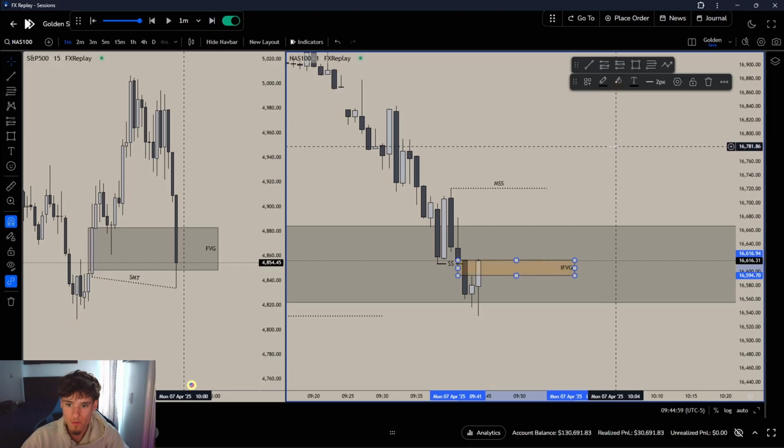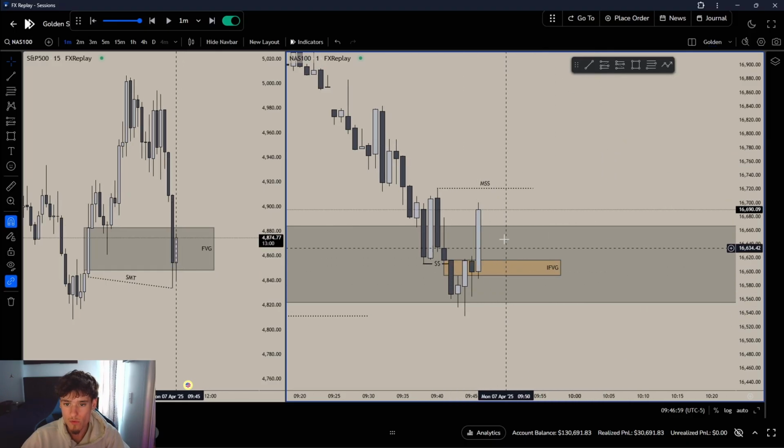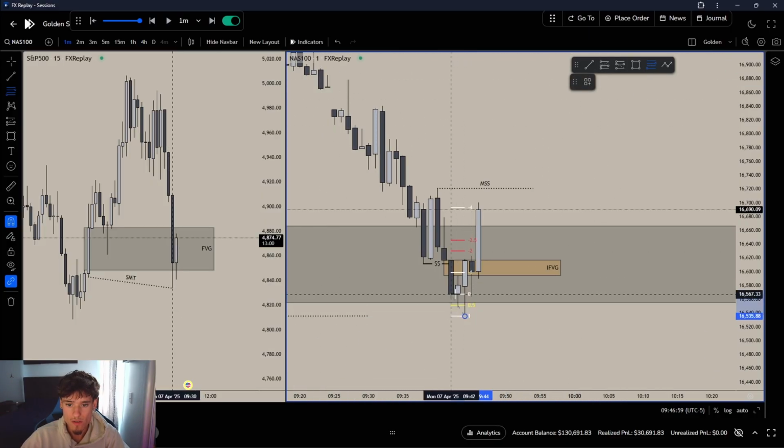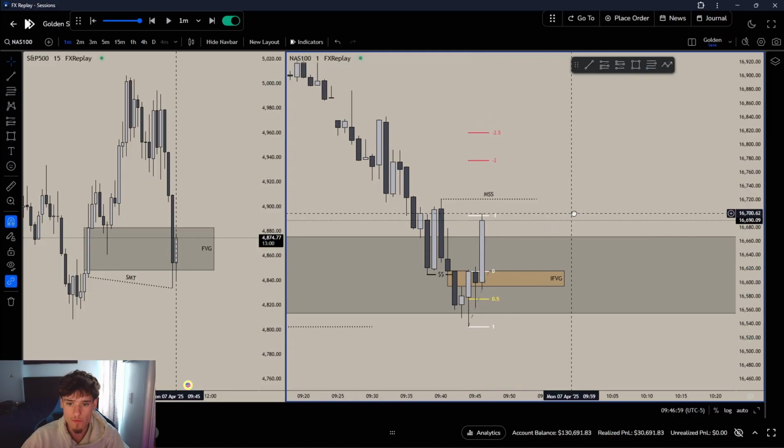So right over here, we have our inversion. Let's see. We can close above, which we do. Beautiful. Now what you want to do, take our entry. Standard deviation from the lows. Now, standard deviation, 100% your choice if you want to use it. From the lows to the break of the inversion fair value gap,